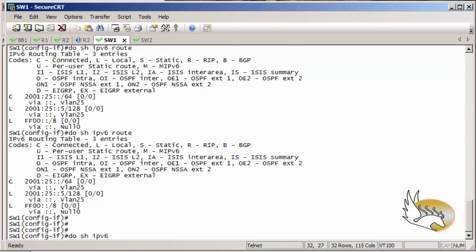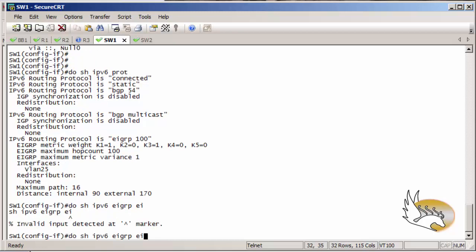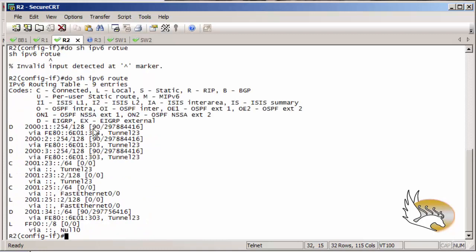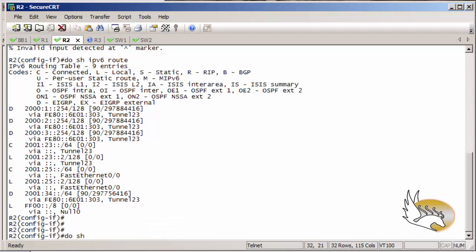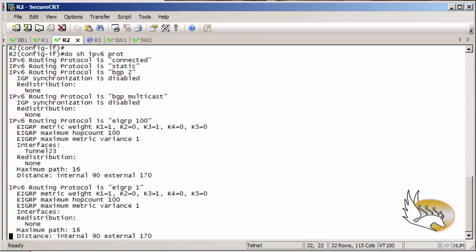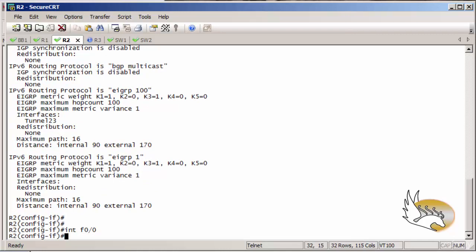Show ipv6 protocol on switch 1 tells me that I have EIGRP enabled on the VLAN 25 interface, and show ipv6 eigrp neighbor tells me that I don't have any neighbor. That's kind of odd, because on router 2, show ipv6 protocol tells me that Port 0/0 is not under EIGRP. That's it. So I go and add ipv6 eigrp 100 under Port 0/0,